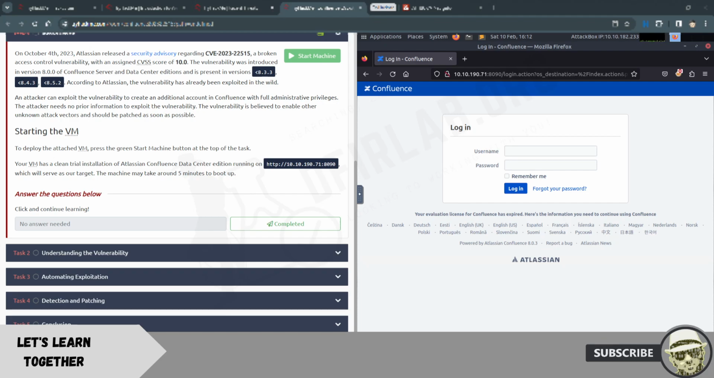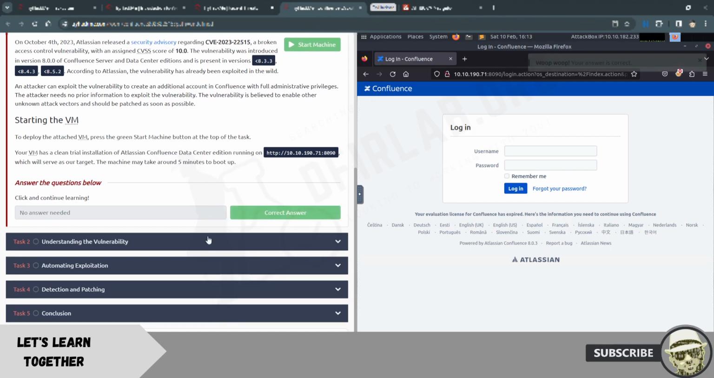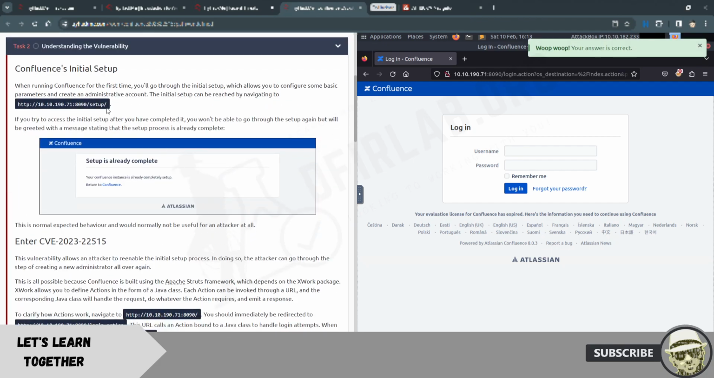So I've just started the VM, so we can play with this one. Confluence's initial setup. We're running Confluence for the first time. We'll go through the initial setup, which allows you to configure some basic parameters and create an administrative account. The initial setup can be reached by navigating